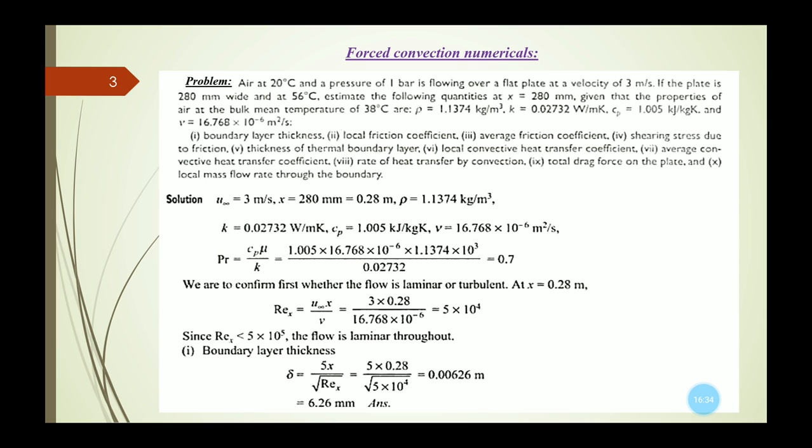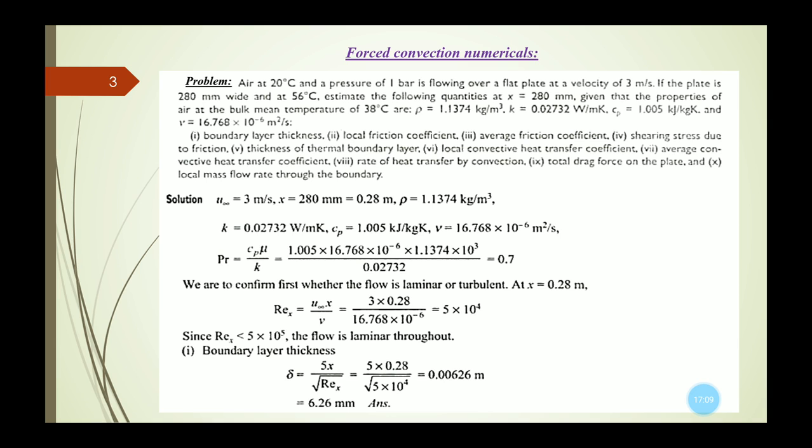It was discussed earlier that if no velocity profile distribution or velocity distribution equation is given in the numerical, in that case we will choose the Blasius solution or Blasius exact solution as the default velocity profile equation, and corresponding to this Blasius solution the formula for its boundary layer thickness or the formula of its skin friction coefficient we will use.